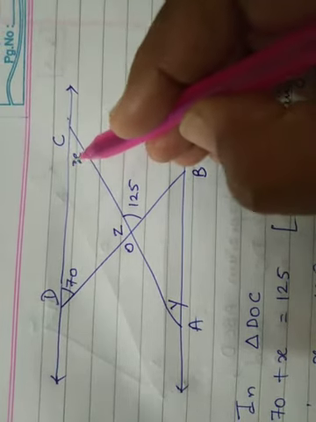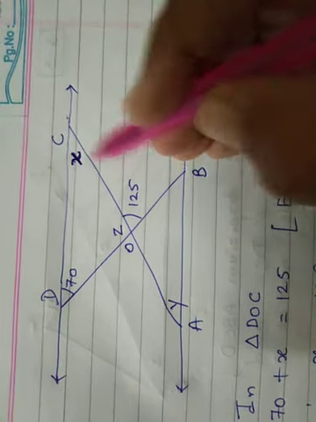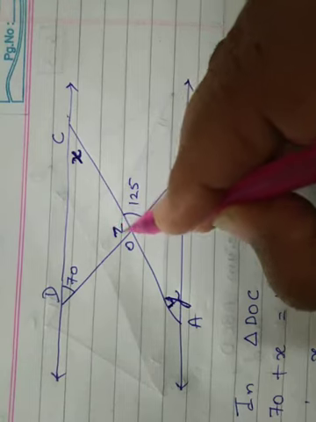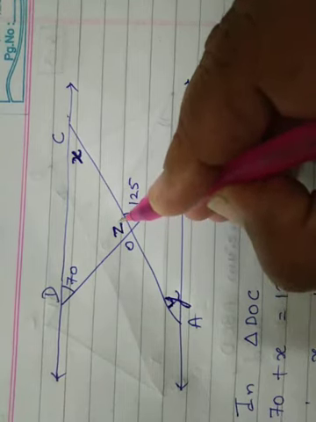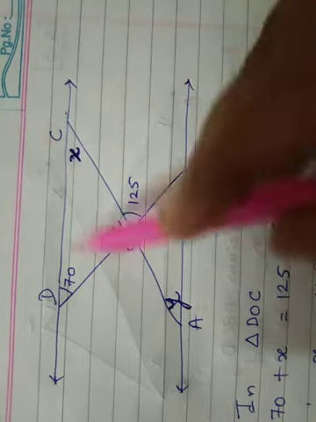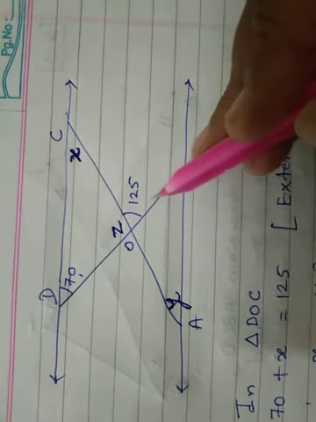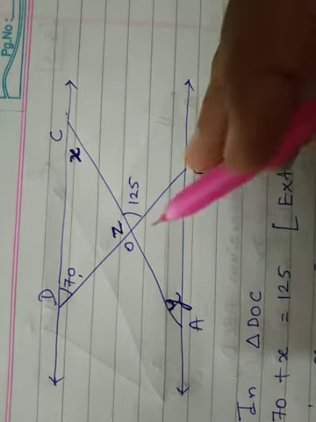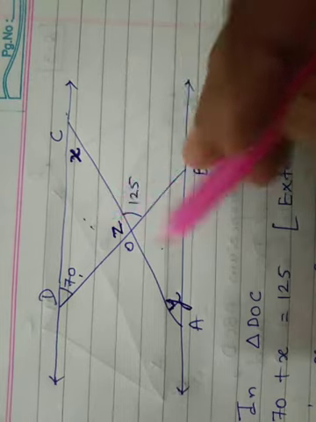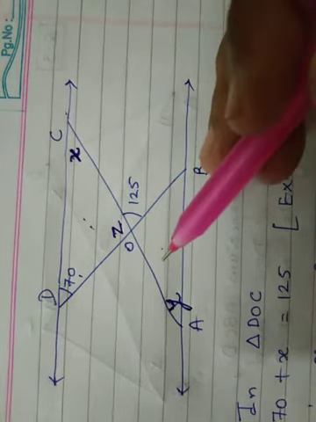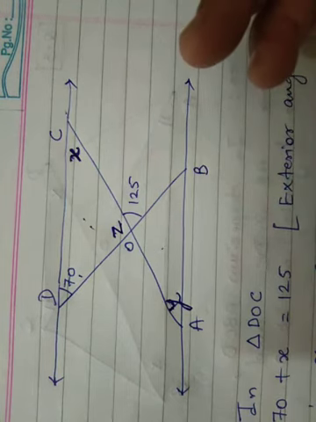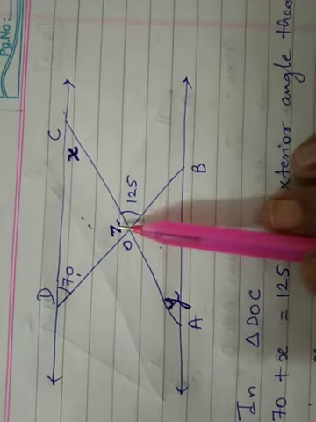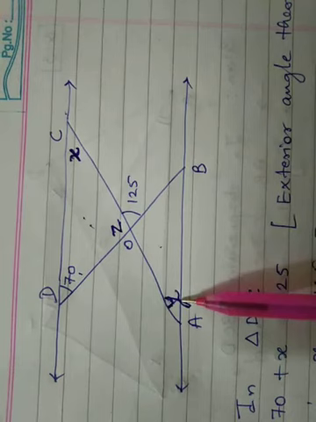So I name the first angle which I want to find out, I call it as X. The second angle which I have to find out, I call it as Y. And this is the third angle which I have to find it out. Now I am given two things. This angle D is 70 and this angle here is 125. And I am also given one another thing, that these two opposite triangles are similar to each other. Yani ki their corresponding angles are equal and sides are proportional. So now I want to find out X, Z and Y.